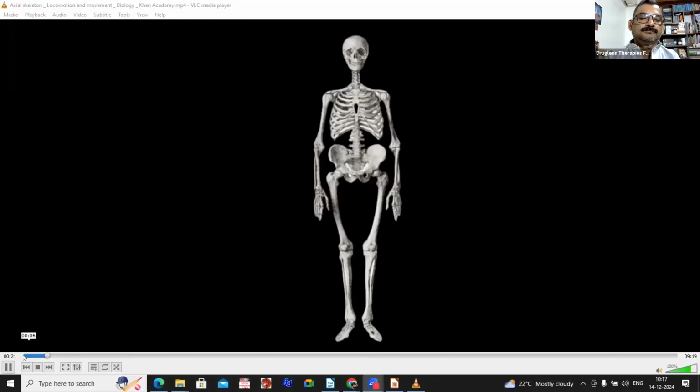Are you scared by this image? Be comforted by the fact that the skeleton not only provides rigidity and structure to our body, it's essential for the protection of vital organs like the lungs, the heart, and most importantly, the brain. So the skeleton is a vast structure, and in order to make it easier to study, what we do,